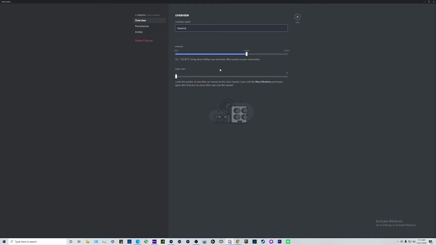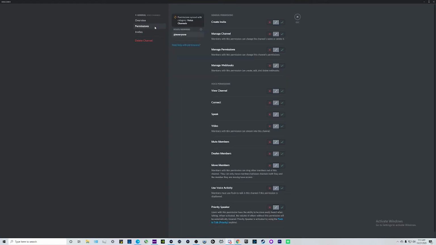And then if we click on the permissions tab on the top left, we're going to do the exact same thing as we did earlier with our text channels. So just think about what kind of permissions you want for each of the roles in your Discord server and just go with that. But I'm going to go off of what we did earlier. I'm going to add the roles like we did.